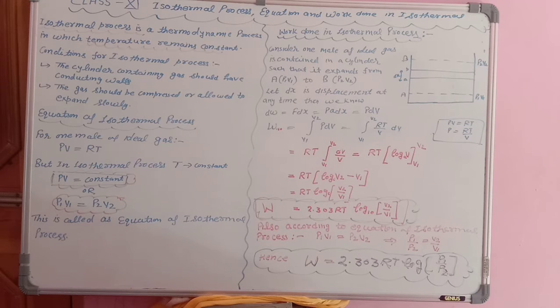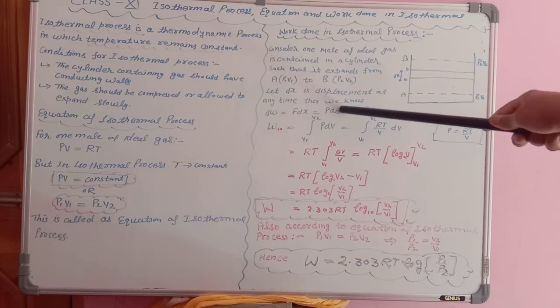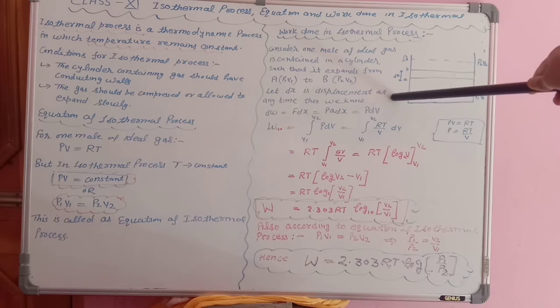Students, A dx, what is A dx? In my last lecture also I told you area into displacement, and area into displacement is equal to volume. Students, why are we writing dW here? Because d means small, dW means small work done. हम work done निकाल रहे हैं small a से small b तक. Okay, means at any instant. That's why we are using the letters like dV, dx, etc. So dW is equal to F dx is equal to PA dx, because force is equal to pressure into area. Area into displacement is equal to volume dV.